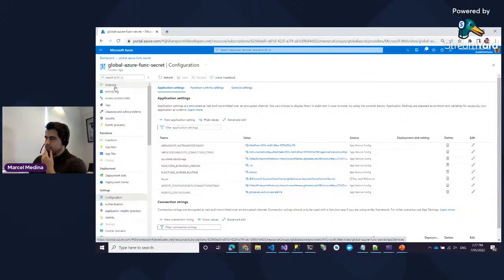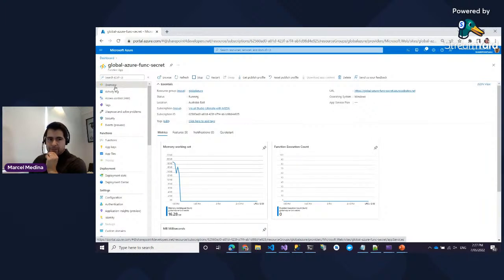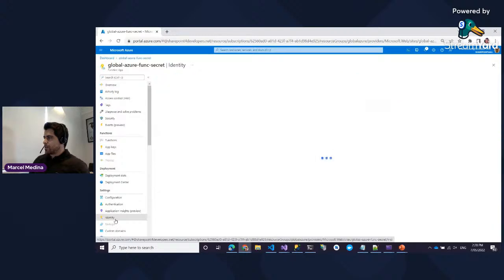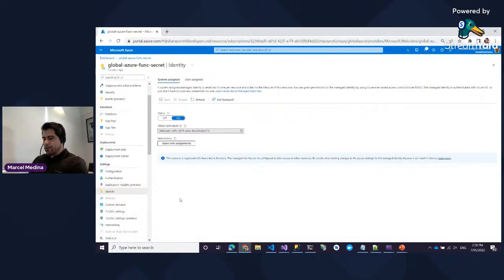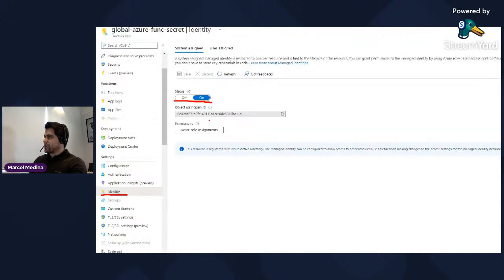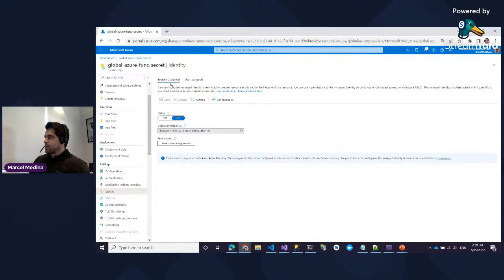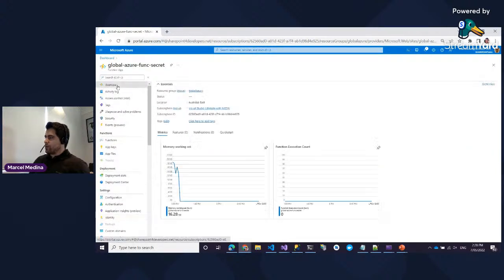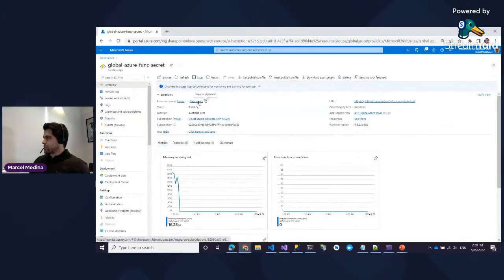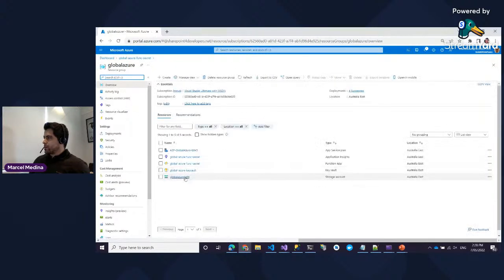So we have in here the Azure function. Before I started the session, I came in here and created this function, but you can see that we can create this identity in here. Let me just zoom in. All right, so you come in here onto the identity, and then we can turn it on, right? And that generates a principal ID for me. And with that, we can go to the key vault,